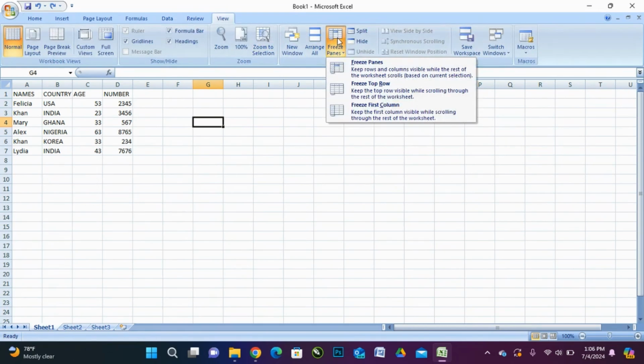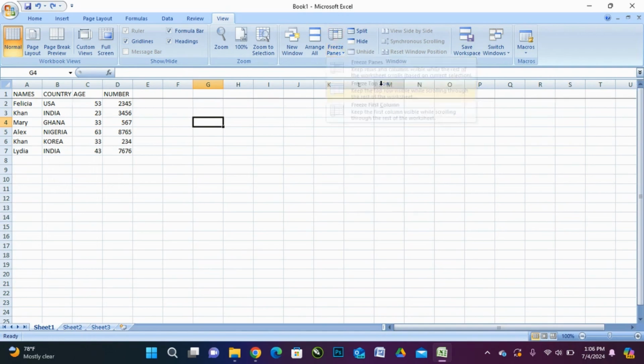Then, you click on Freeze Top Row, and it will freeze the top row as you can see on the screen. For example, if you want to freeze the first three rows,